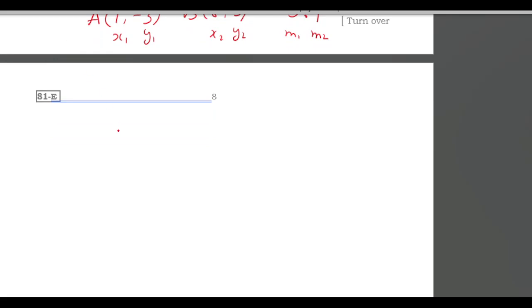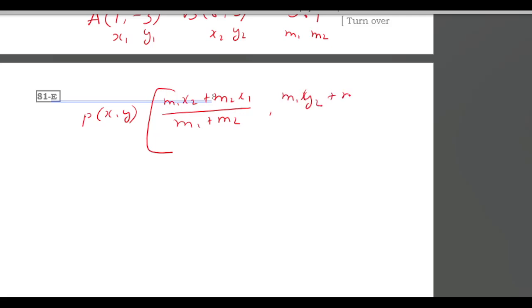That is x of P of (x, y) is open bracket, that is (m1 x2 + m2 x1) divided by (m1 + m2), comma, (m1 y2 + m2 y1) divided by (m1 + m2). Now for the values, P of (x, y) is